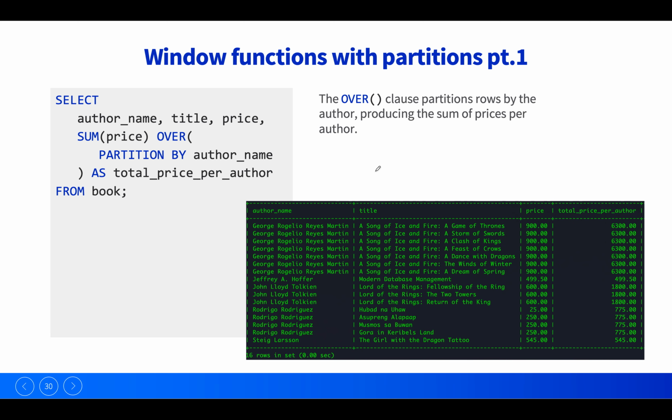So now here we have a discussion about the partitions that I've been mentioning from before. What partitions do is that you can essentially provide a grouping within the window functions. So the over clause can partition the rows, let's say by an author. If we specify that as the partitioning, we can produce the sum of prices per author. So the syntax of that,